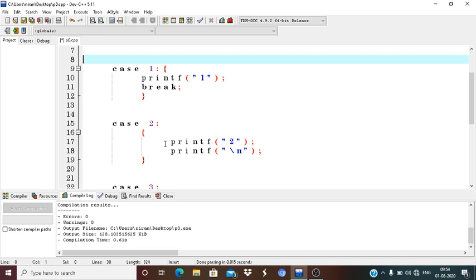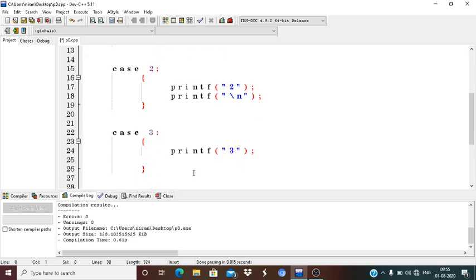In the case statement, the break statement is required to execute only the particular case. If you do not write the break statement, it will print all the cases below the matching case, one by one.